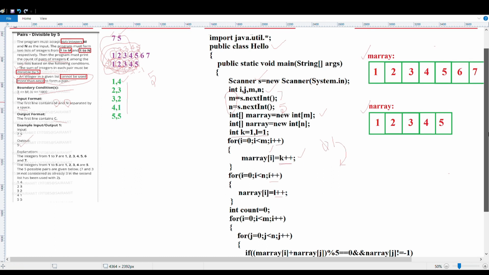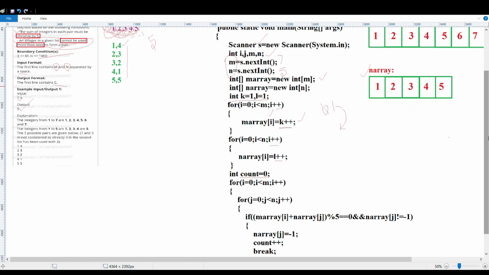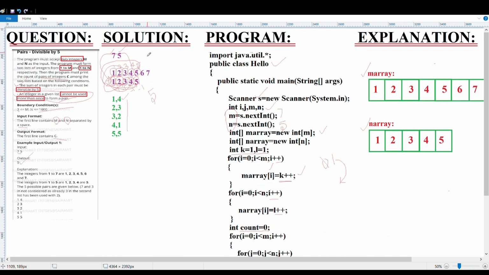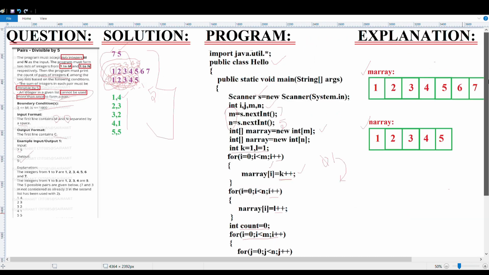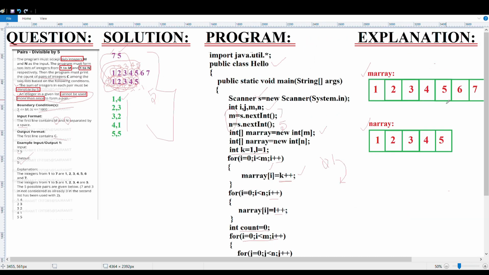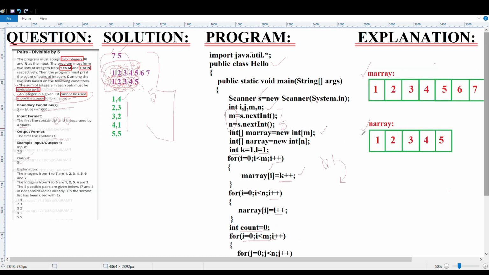After getting the two arrays, you set the count to 0, and you have the for loop. Whatever operation I have done here is what is given in programmatic format. So from i to m you're checking, that is from 1 to 7, that is the first for loop, and the second for loop from 0 to n, that is from 1 to 5.